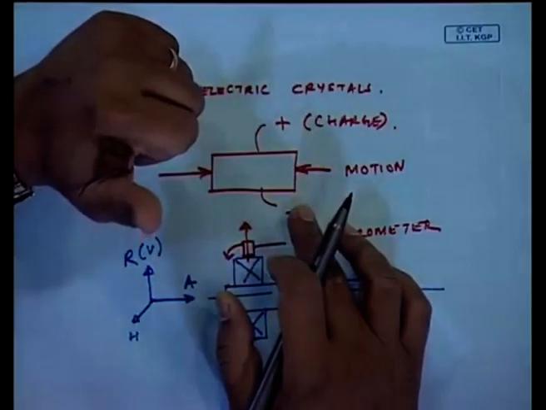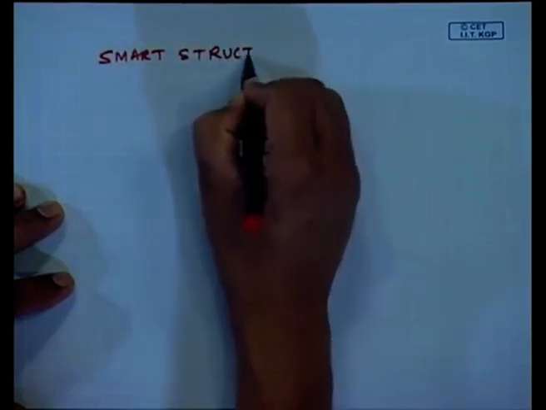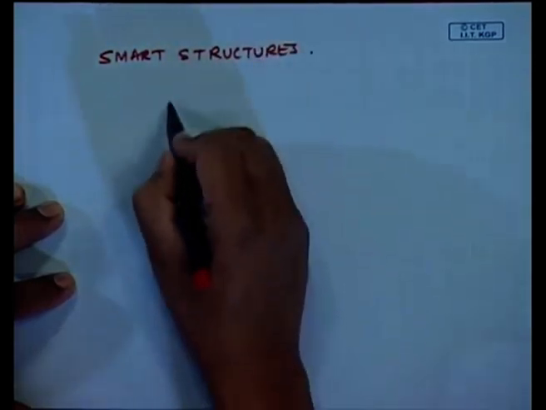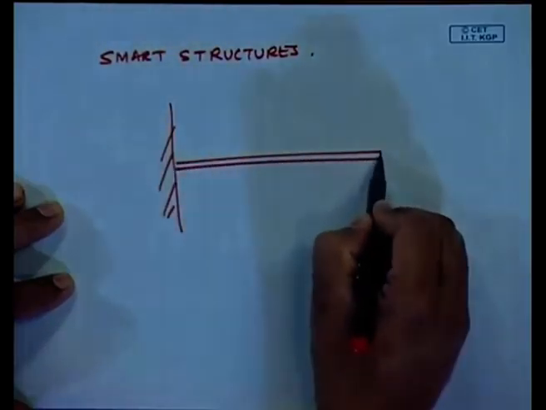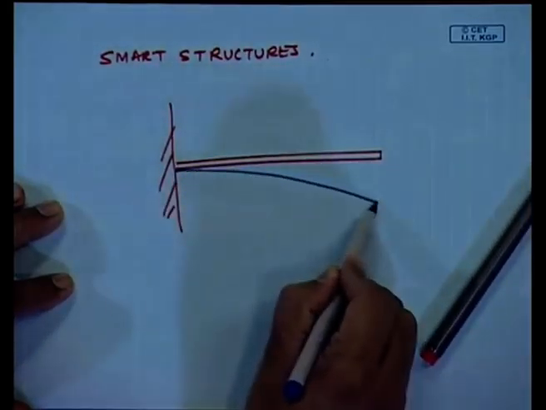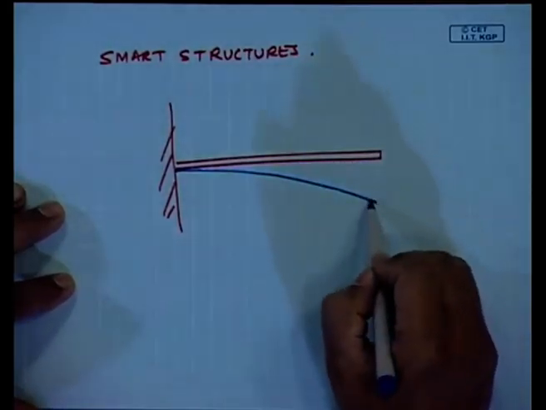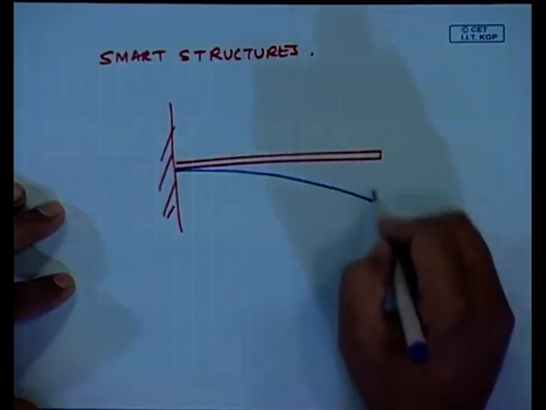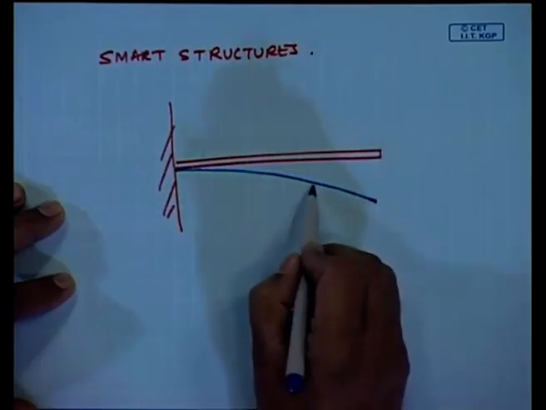have a motion, and that is what is used, particularly in control, when you talk about smart structures. Just for an example, say I have a cantilever beam. In its first mode of vibration, it will have a mode shape like this. Now, suppose I want to reduce this motion here. So, what I could do is, I could perhaps